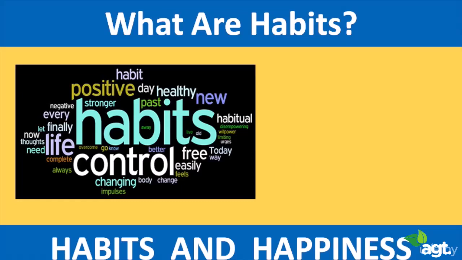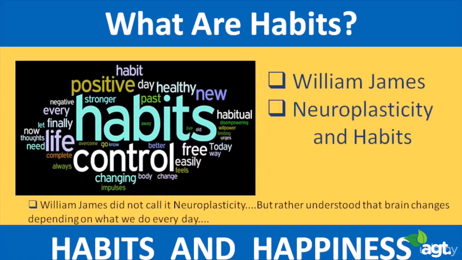Before we go any deeper into habits, I definitely want to mention William James, known as the father of American psychology. William James knew 100 years ago almost what we know today, and that is that habits are performed automatically, they are ingrained in our brain, and more importantly, he talked about neuroplasticity back 100 years ago. Now, what is neuroplasticity, and what does that have to do with habits?